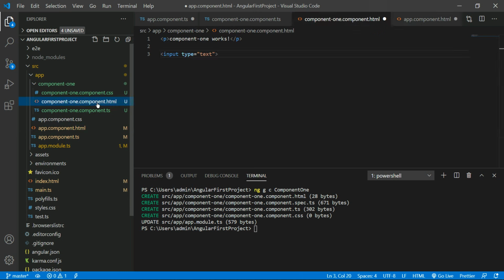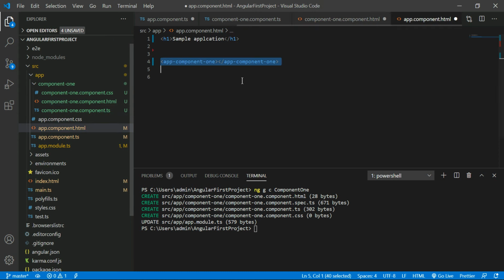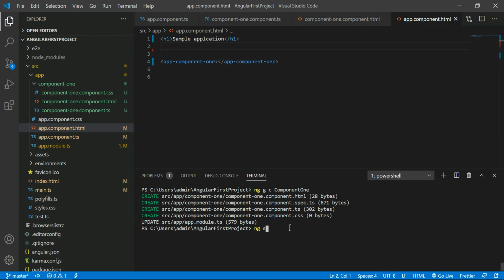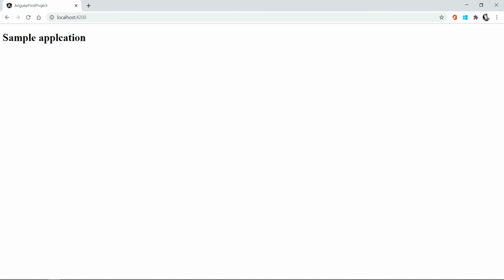As of now, if you see here, the component HTML is red. Right now you are seeing two controls, one is the paragraph and one more is the text box. So you can see component1 in the app.component.html. Okay, see the output. I run the ng serve command, which is the execution command, and enter. Now it is successful. You can see this in the web browser. Just refresh here. See here, I can see component1 in the app component HTML file, right?